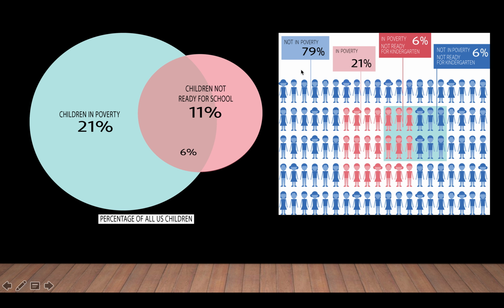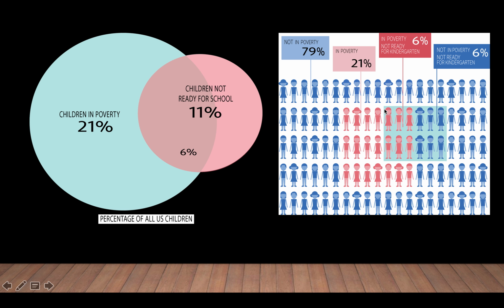Finally, I settled on having all 100 children shown. And so the blue children here signify the ones not in poverty, and the pink children are the ones in poverty. This helps really clarify exactly what this circle was. So now we see this circle being these children here. And it also highlights that